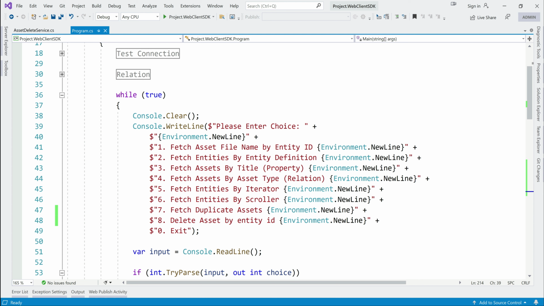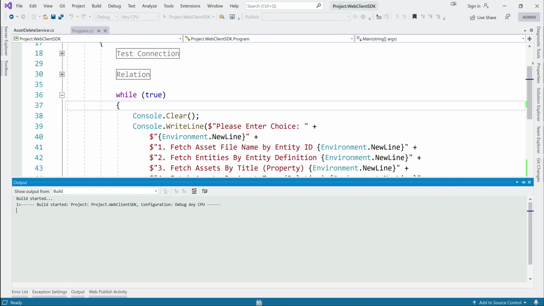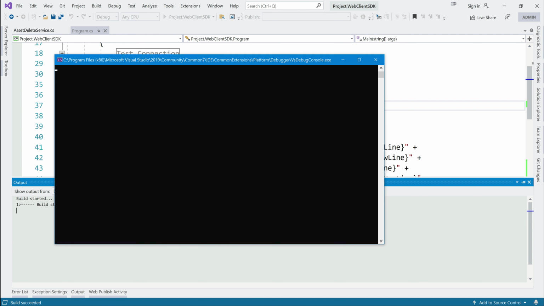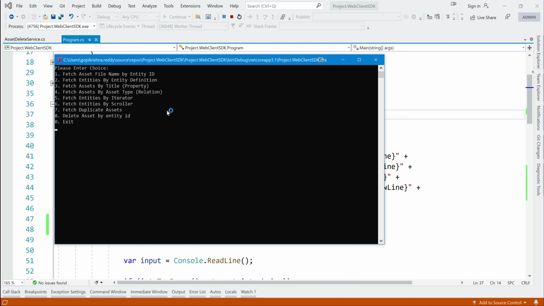So next option for us, delete asset by entity ID. Let's just quickly run it. Once it runs, we just need to pass the entity ID. So 8 and 33562. So entity with ID 33562 deleted successfully.